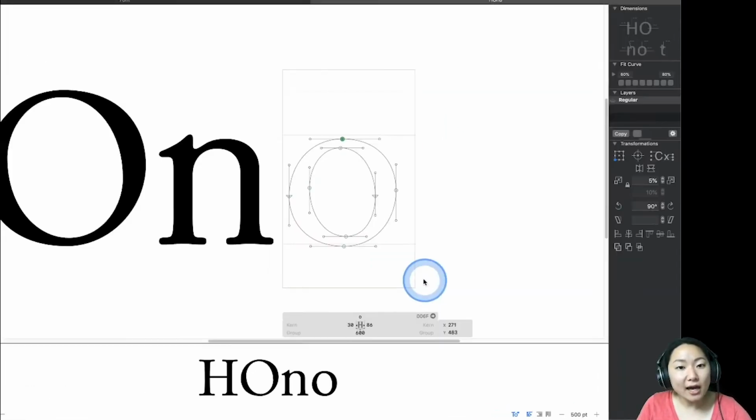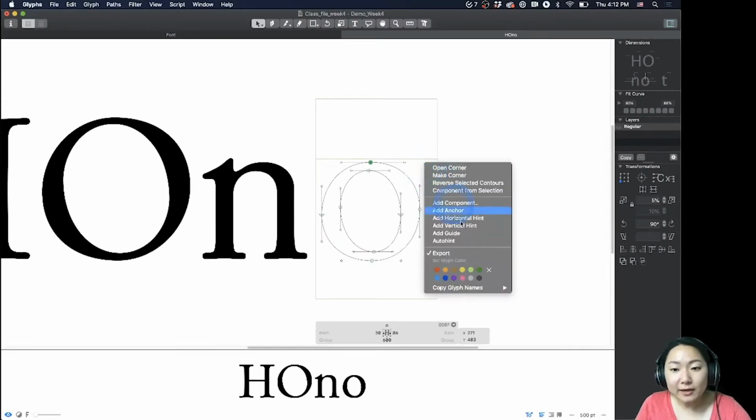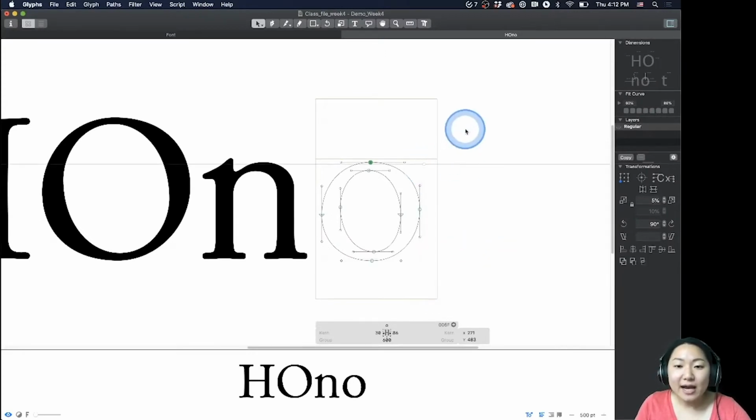You can do that, or you can right click, add guide, and then measure what your X height should be. This is a guide that will help you in measuring other different parts of a letter. You can use this to align serif heights, any measurements, accent heights, anything that you want. This does not come out when we're actually exporting the font file itself.